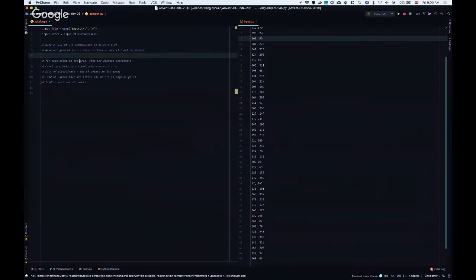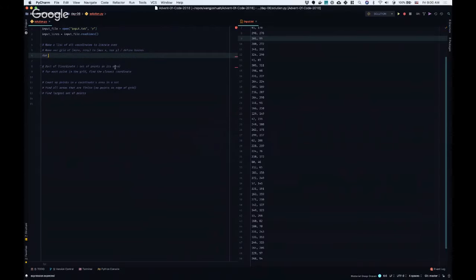And then for each point in the grid, we'll find the closest coordinate. And then we will count up the points in a coordinate set. So we'll make a dict of coordinate to set of points. And then when we count it, we can also define whether the areas are finite and then find the largest set of points after we define which are finite. So let's try this. So for line in input line,